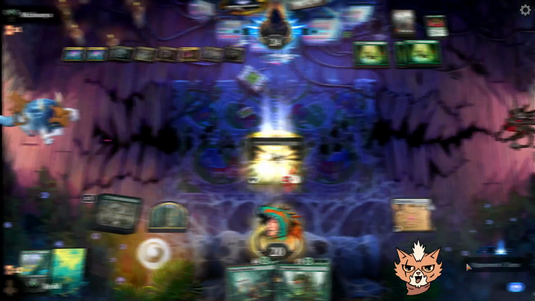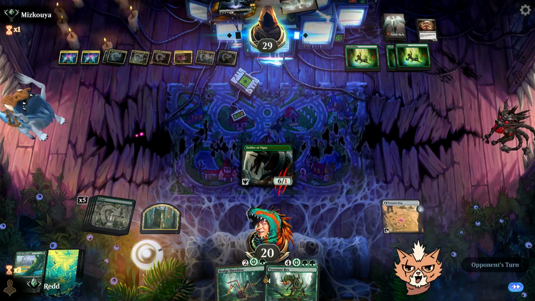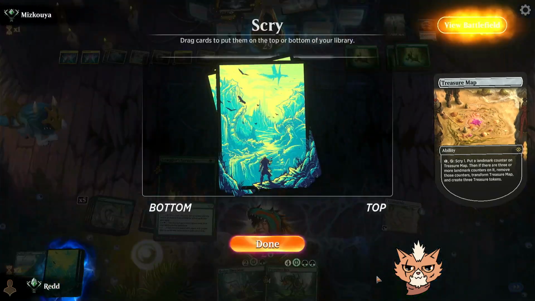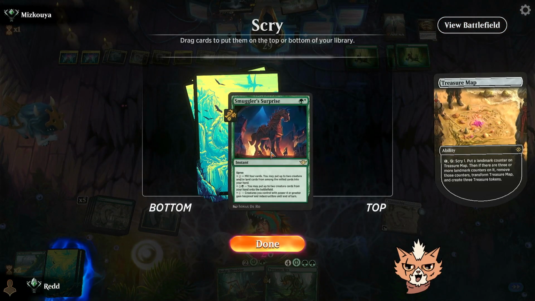We get the block. Nice. Is there going to be something else for the Defiler then? It's not going to be anything else, guys. Yeah, we just called a bluff there. Smuggler Surprise. We should probably...